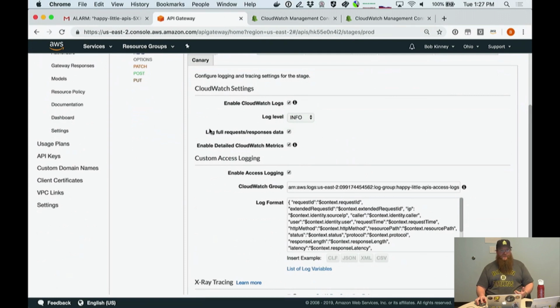And then for the full request response logging, I have this turned on here for demonstration purposes. This is not something that I would necessarily recommend for a live API, just because the contents of your API may be sensitive, and API Gateway does not currently support any sort of mechanism for scrubbing that data. So bear that in mind if you're using this, but it is a great way to quickly